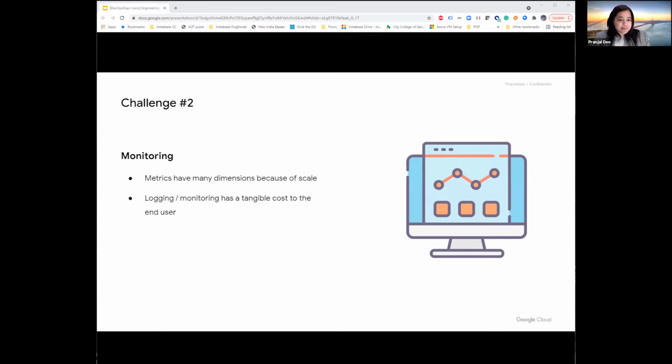Then challenge number 2 is monitoring. We need to tolerate potential inconsistency in the mobile world because we're relying on a piece of hardware that's beyond our control. There's very little we can do when the app is in a state in which it cannot send information back to you. With this diverse and complex ecosystem, every single metric has many possible dimensions with many possible values, so it's infeasible to monitor every combination independently. We must also consider the effect of logging and monitoring on the end user, because they pay the price of resource usage, battery and network, for example.